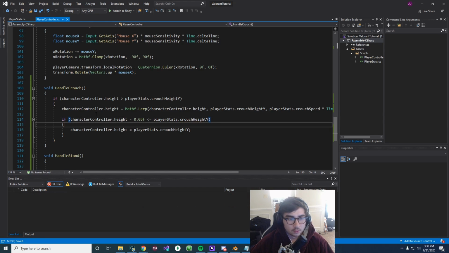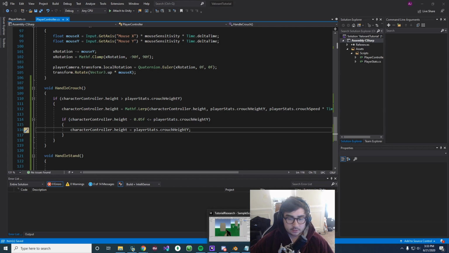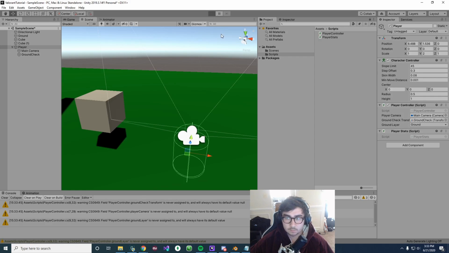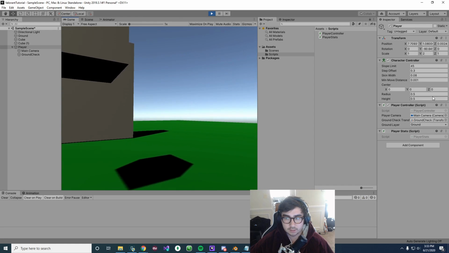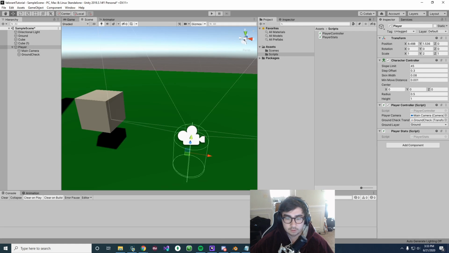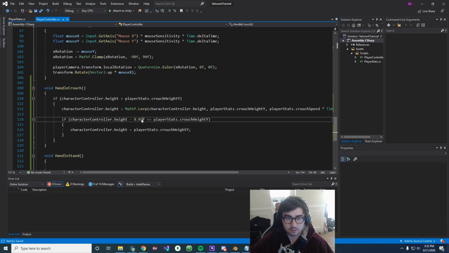Okay, so now if we go back to Unity and look at our character controller height, it snaps to 0.5 if we're within 0.05, then we just snap it to the crouch height Y.